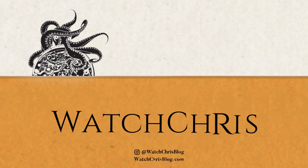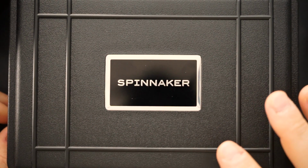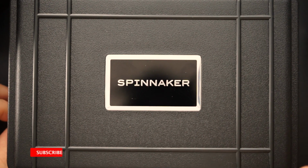So you can see from the packaging, this is not your average Spinnaker watch. This is a limited edition Boettiger, which is an homage to a pretty awesome Sinn, the 809. It's actually a very rare watch. And when they came out with this watch 2 years ago, it came out in a limited edition run of